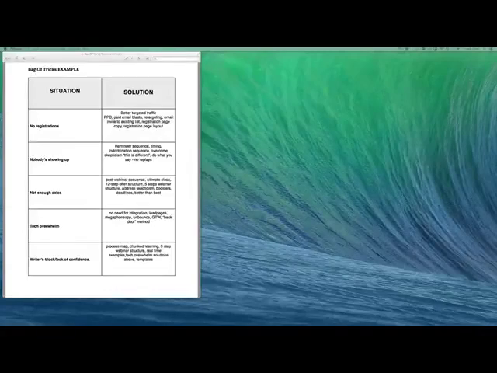So now that you've got your bag of tricks and your situations and your solutions all listed out, it's time to go ahead and create this sucker. And what I've done is I've created a little systematic approach to lead gen creation. You can also use this for product creation, by the way, and it eliminates any mental blockage. So we start here. And what we have here, of course, like I said, situation right here, and here's a